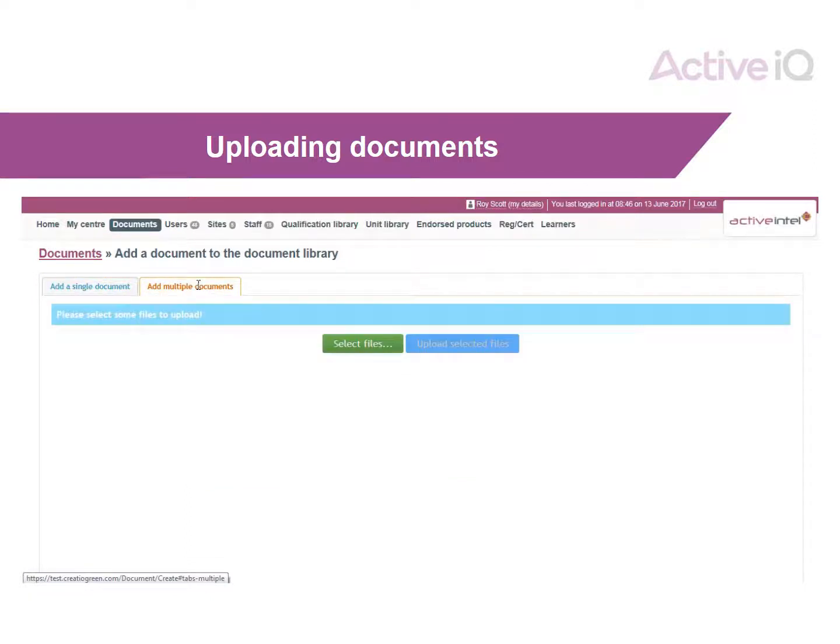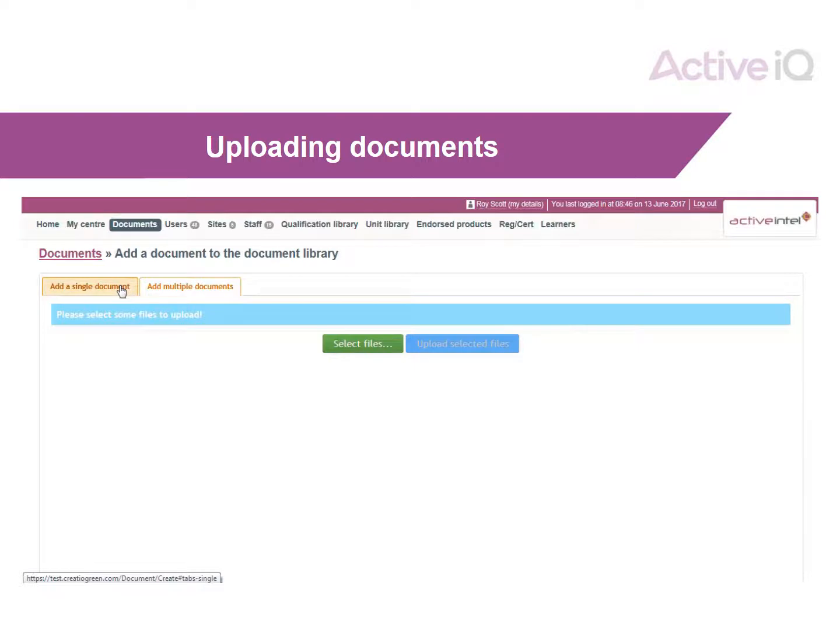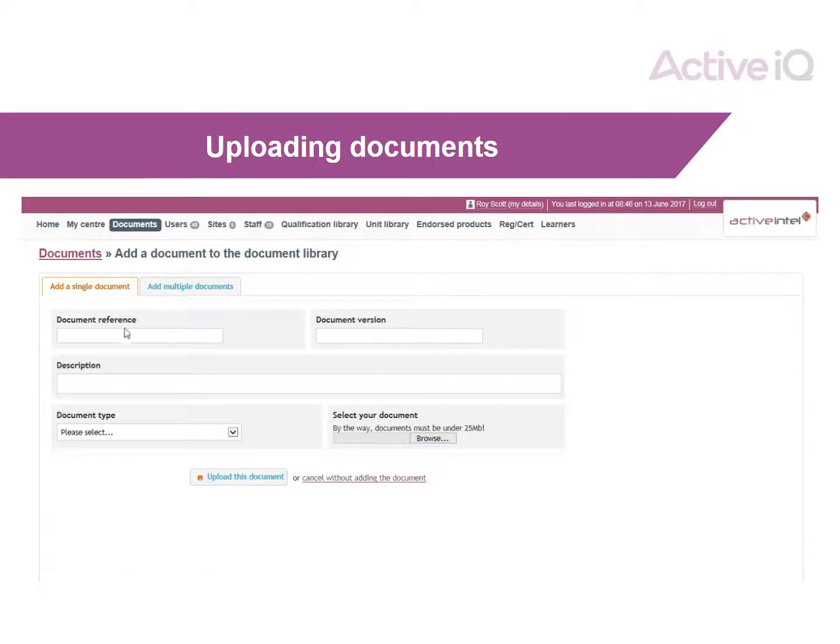We can decide to either upload a single document or multiple documents from our computer library. In this instance, we're going to look at just a single document. We need to complete each one of these fields. As you'll see, there's no optional text in the brackets, so in order to submit, we need to ensure there's something in each of these fields. It doesn't have to be a huge amount of detail, but if we call it the appeals policy and version 1.0,